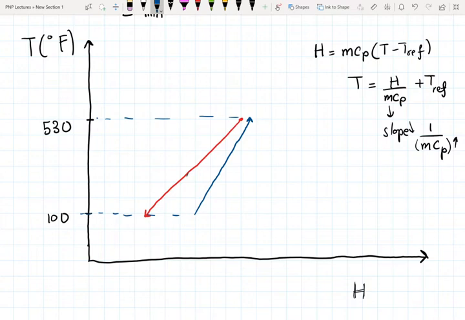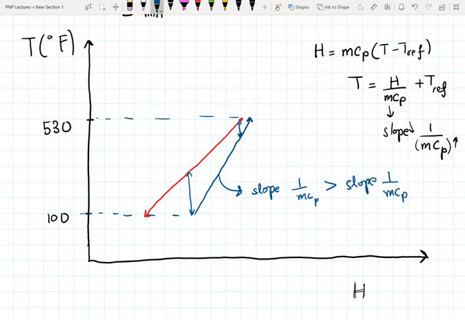And notice how the temperature difference on the cold side and the temperature difference on the hot side are different. In our case, since the slope of our cold stream was bigger than the slope of our hot stream,